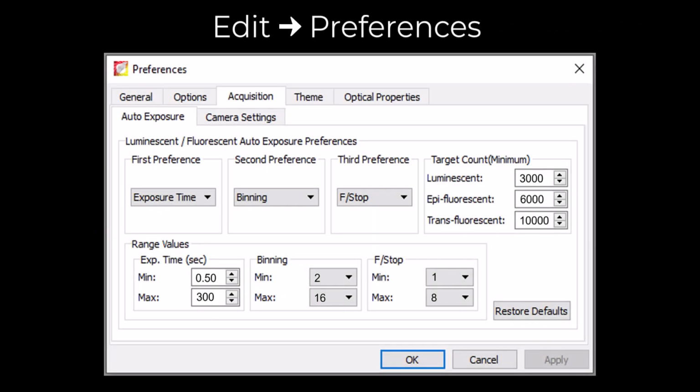In the user preferences, you can define upper and lower limits for each parameter. For example, if you want additional sensitivity, you can increase the default max exposure time from 60 to 300 seconds. Or, you can increase the default max binning from 8 to 16. Please note that any changes you make in the preferences only get applied to the user that is currently logged